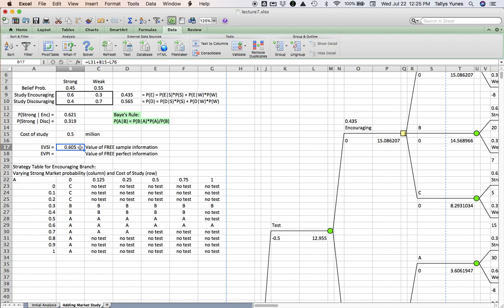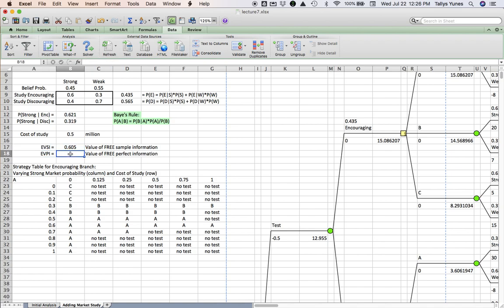Great. The next important concept is the EVPI, right? And the P stands for perfect, expected value of perfect information. If I had a perfect test, well, that doesn't exist, but we can still calculate this number and compare it against the EVSI to get an idea of, how good could a test ever be? Is this test approaching the level of a perfect test? Is it far away from it? So how do you calculate EVPI?